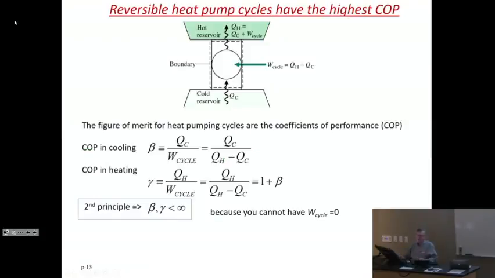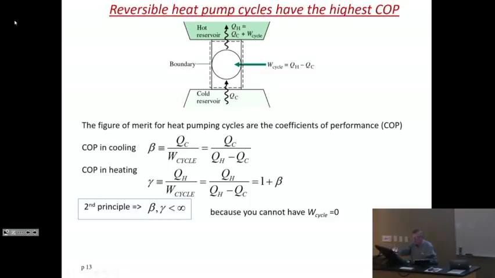Now, what consequence does this have in terms of implying whether the efficiency is larger or smaller than 1? Well, for the power generation cycle, the implication was that in all cases, the efficiency is smaller than 1. What is the equivalent implication in reversible heat pump cycles about the COP? Well, it's not that instructive. Let me tell you what it is. It just means that the COP has to be less than infinity. Duh. So we can do this here.